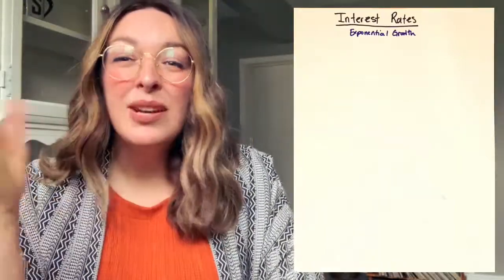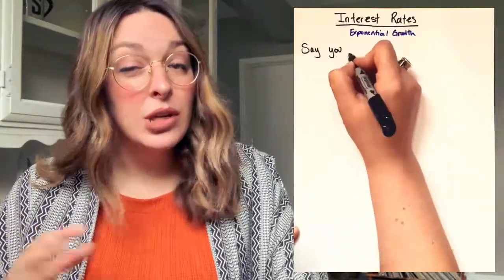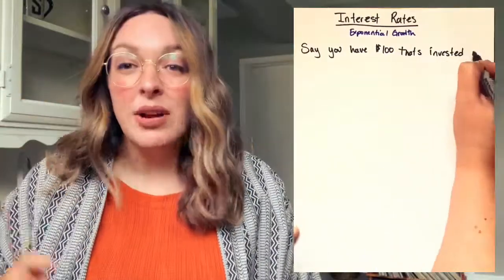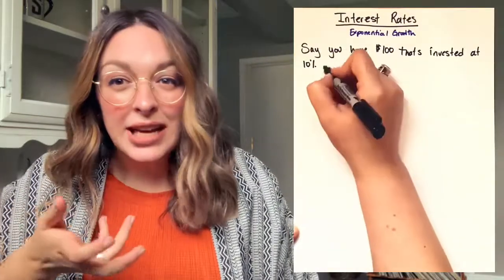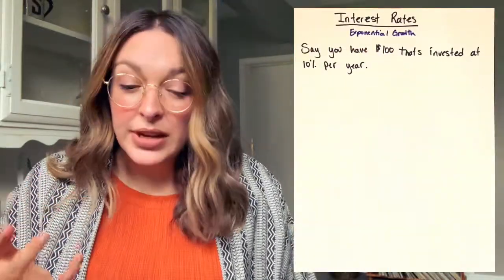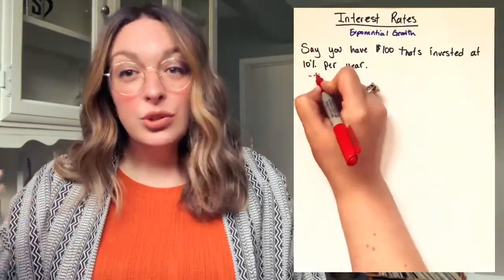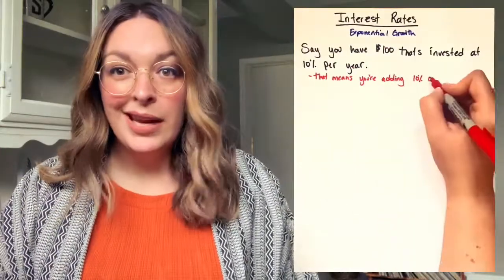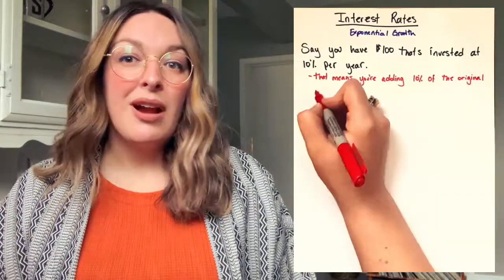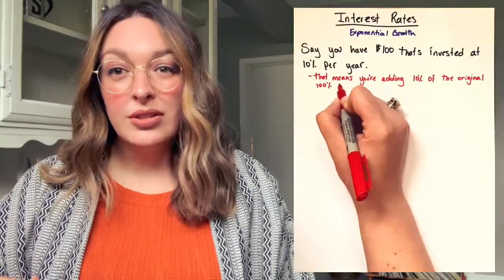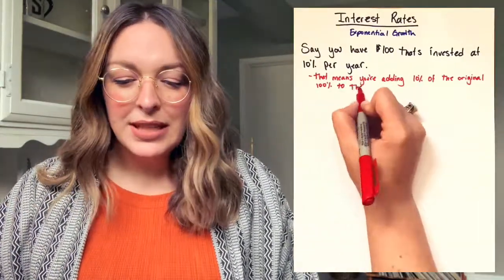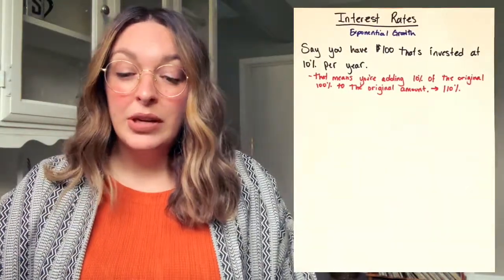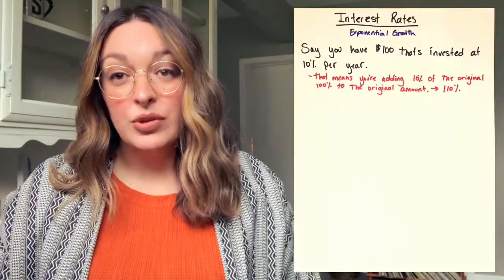So just to make it really nice and easy, let's say that you have $100 and you're investing it at 10% per year. So that means you're adding 10% of 100, that's the original 100% of the investment, to 100. So what's 10% of 100? It's $10, right? So then you're adding 10 to $100. But what that really means is that the amount after each compounding period is going to be worth 110% of